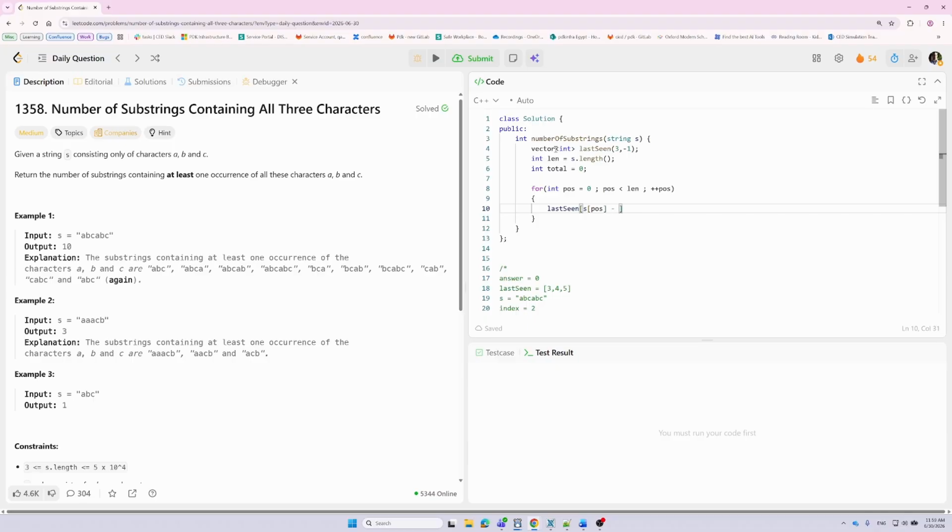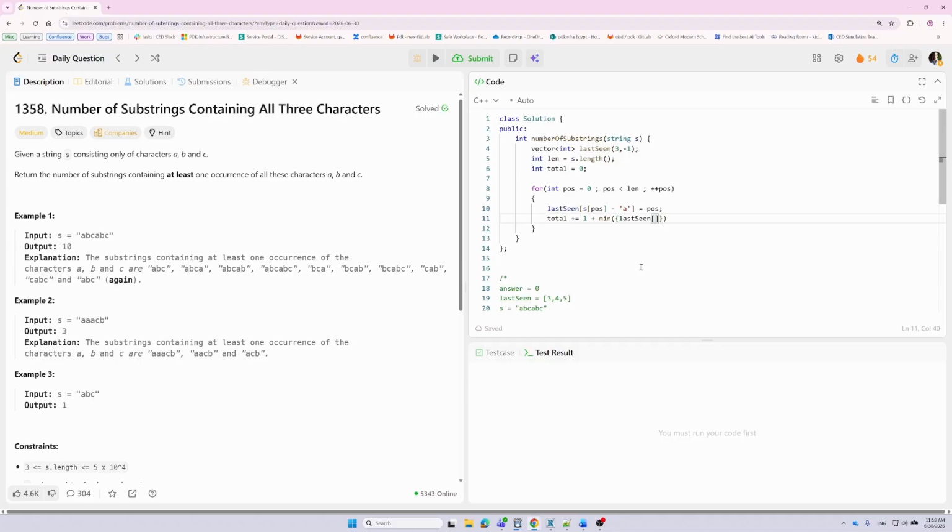And don't forget to subtract the lowercase a to get the integer value, equal position. And then we add to the total 1 plus